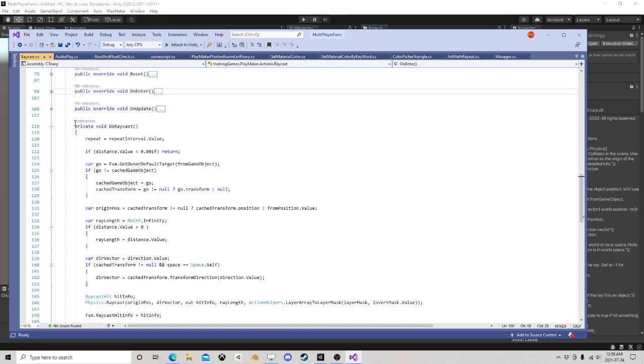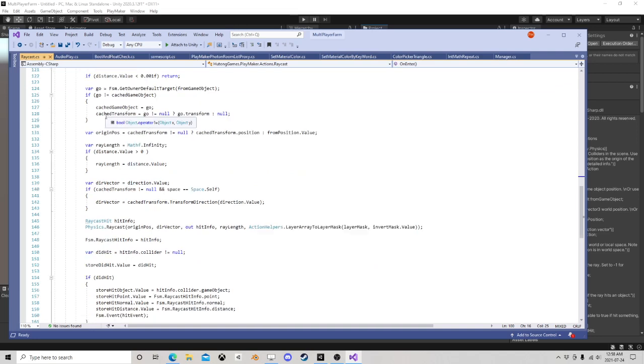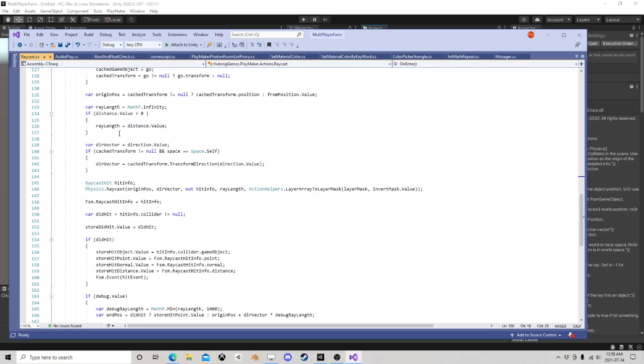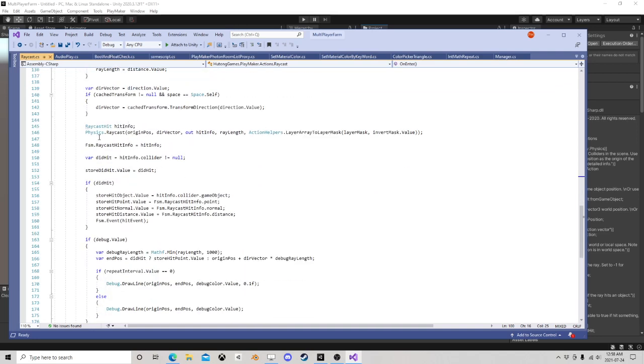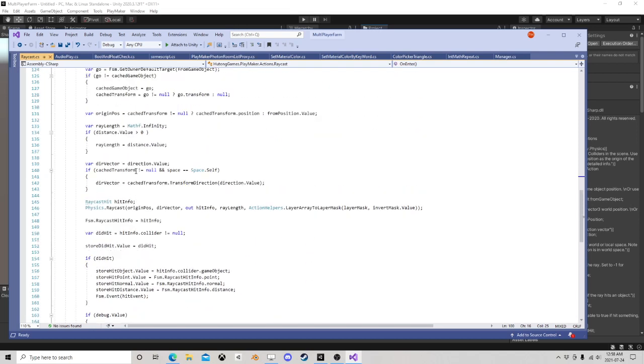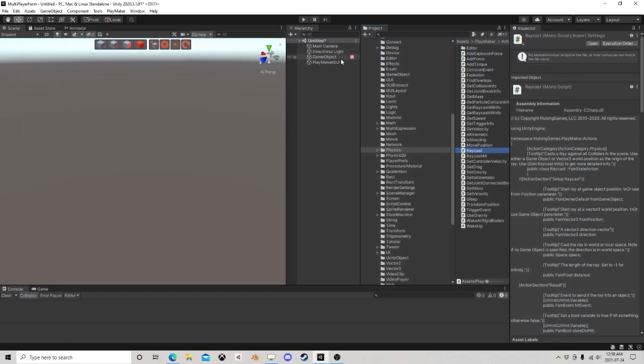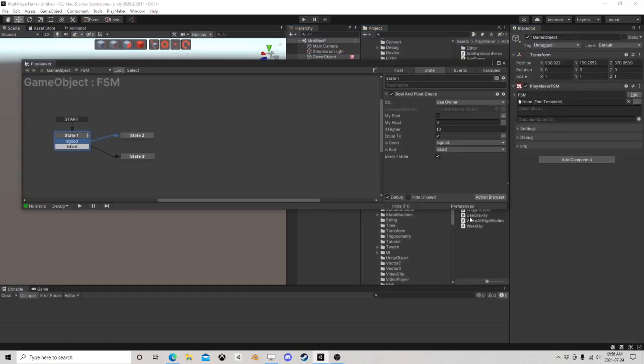And then we have the actual void raycast. And as you see, the raycast action is going to be one of the bigger ones. There's a lot more stuff to the Raycast. Probably not something you want to get into unless you're familiar with coding. Now it's got the debug option there. See, and if we add the Raycast,